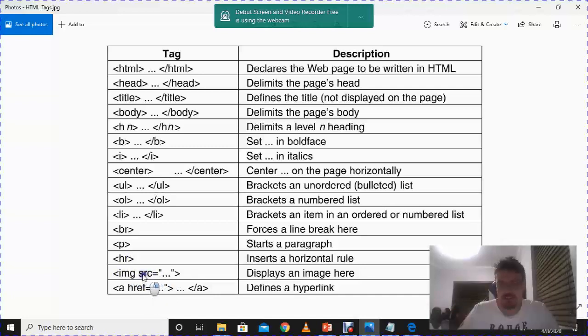The image source. SRC is for image source. And an anchor hyperlink reference. Now, with these two tags, when we do an image source, that is when we want to insert an image. You need to be careful when we do this, and I'm going to do it slowly with you guys, and it's in the second tutorial where we insert images. If I look quickly at my notes,